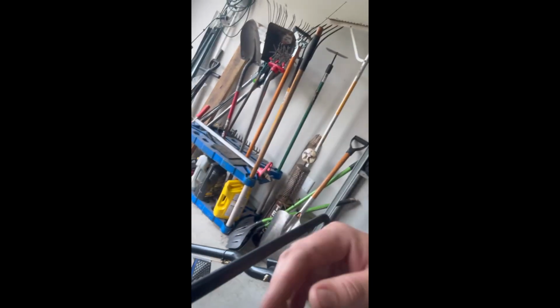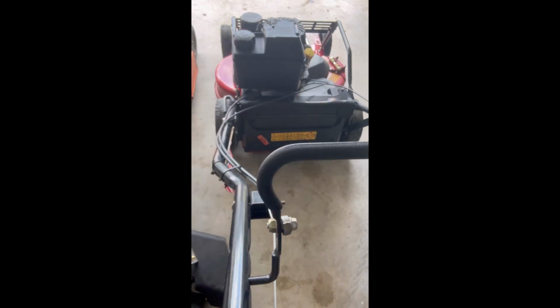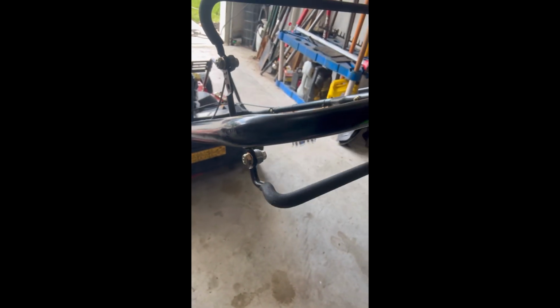Now, don't get me wrong on the Turfmaster's handlebars. I do like the design. They've got a little bit of a grip here. I'm not sure if you guys can see that, but this grip will rotate, it does move. And same thing down here. This one doesn't move as much yet, but it's got a little bit of grip there. So when you do pull these back,